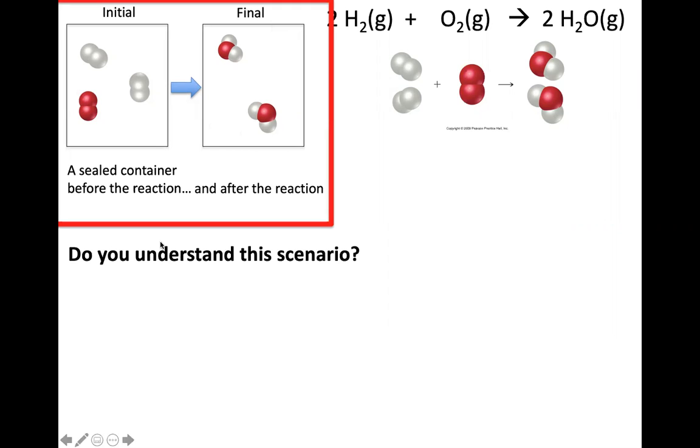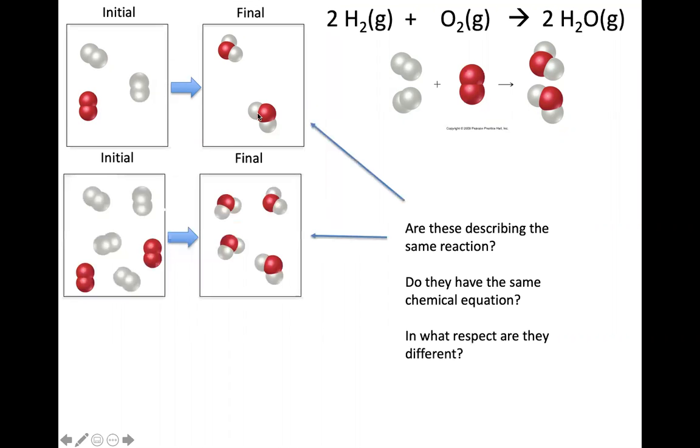A couple things that I would be understanding of this. If it tells me that it is a sealed container, then I can't be adding or removing particles. If it's a sealed container, I've got to make sure that I am not adding or removing molecules. And it appears okay. Meaning I see the same, I get 2 red particles, 2 red particles. 4 silver, 4 silver. That's what takes place in these scenarios.